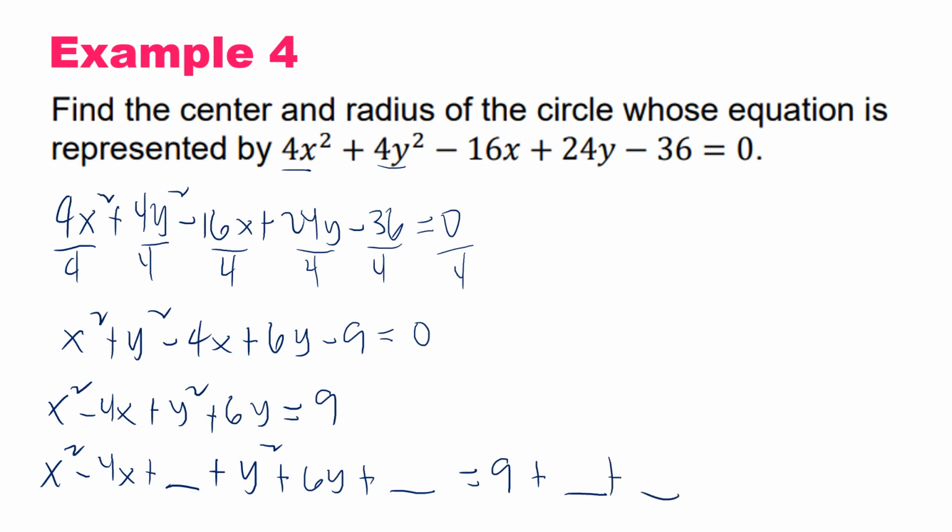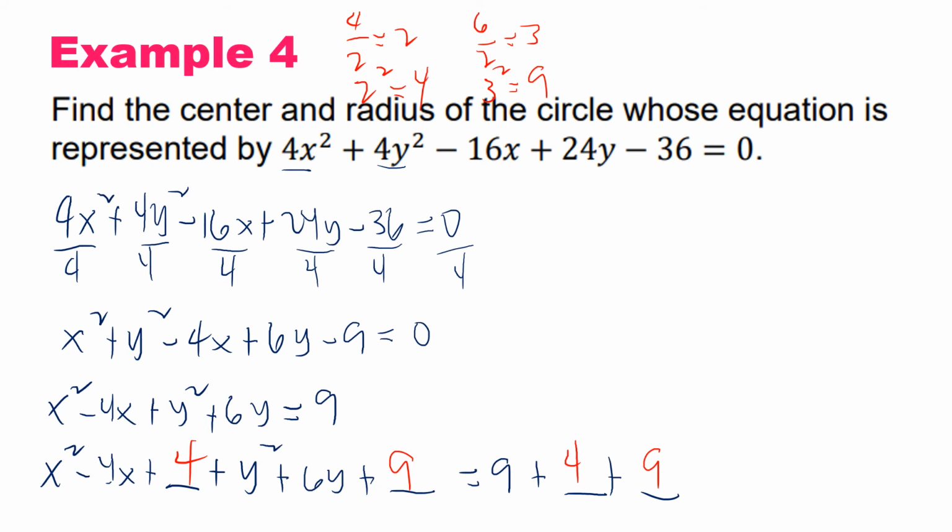Okay? So anong ilalagay natin dito? So you just get 4. So 4, i-divide mo by 2. Ang lalabas ay 2. Tapos yung 2, square mo, will give you 4. So yun ang ilalagay mo dito. Yung 6 naman, 6 divided by 2 is 3. And then yung 3, square mo, will give you 9. Therefore, you are given 9. And then add 4 here and add 9 here. So the next equation will be ito,